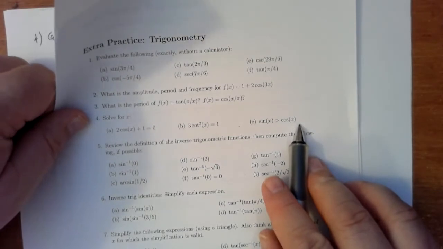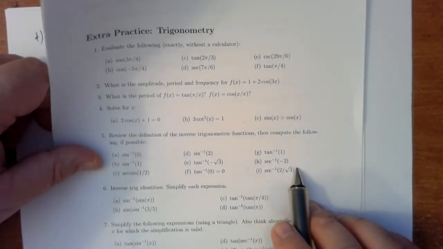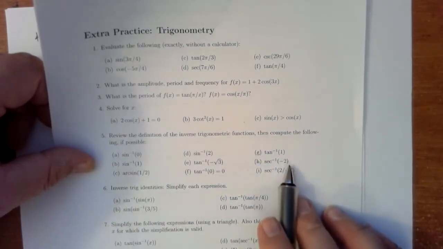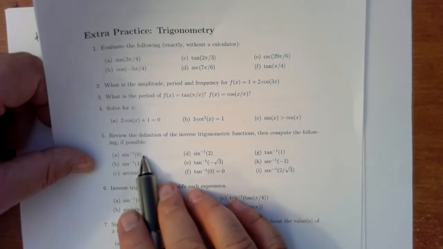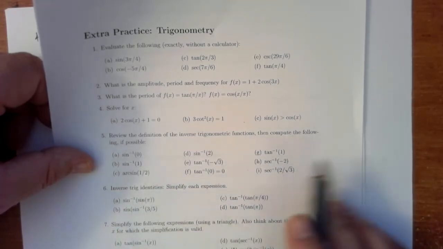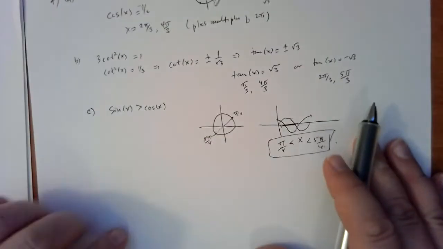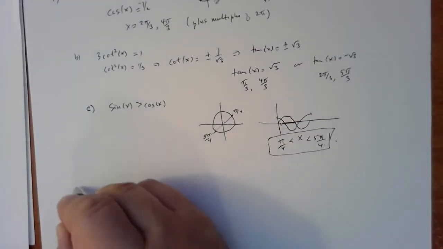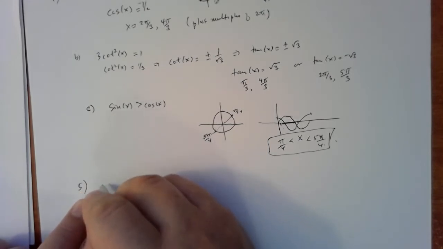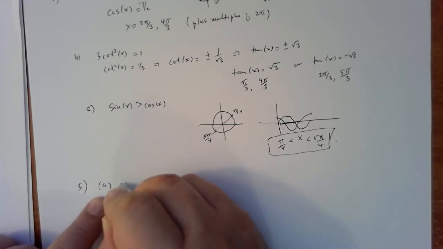All right. So that was number 4. And so number 5 is, there's going to be quite a few of these. So let's take a look to see what the deal is with all of these. We're just evaluating the inverse sine or inverse cosine of a bunch of numbers. And so the way to think about those, number 5, is that if I want to compute, for example, let's just take a look at the first one, the inverse